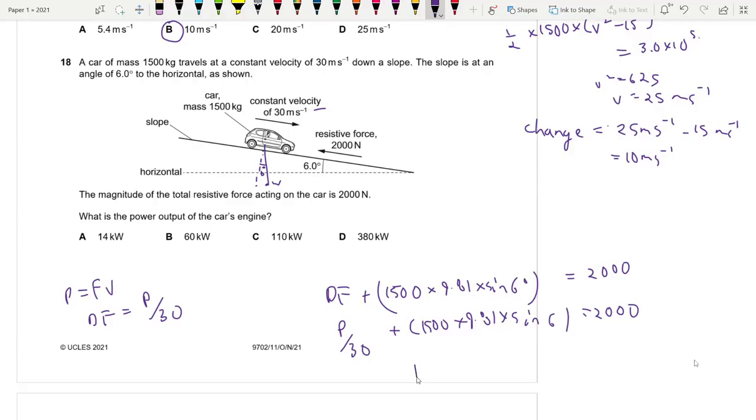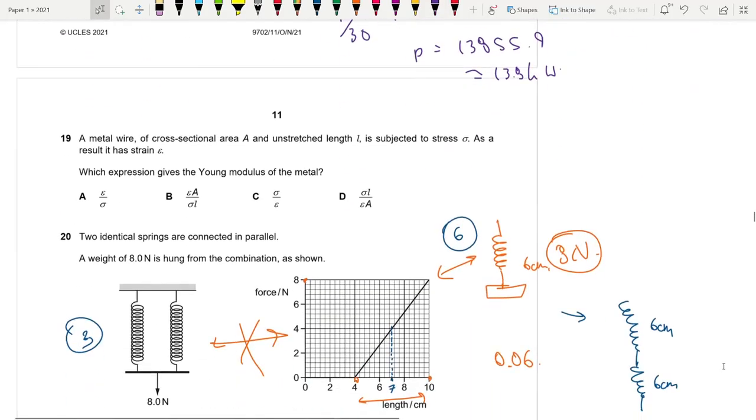Got it? So P is actually equal to 13855.9 or 13.8 kilowatts. I'm assuming 14 kilowatts, 18 should be A. Moving on to 19, a metal wire